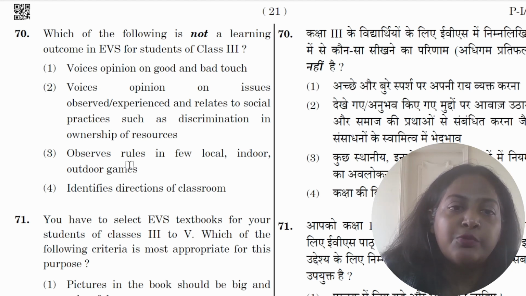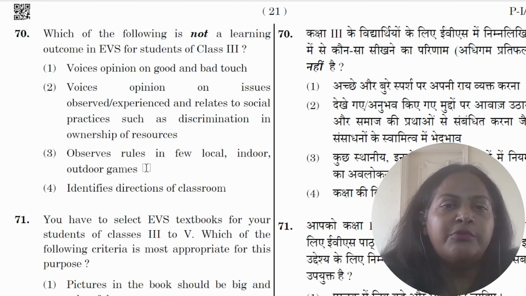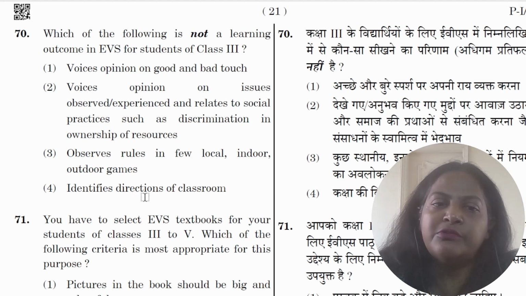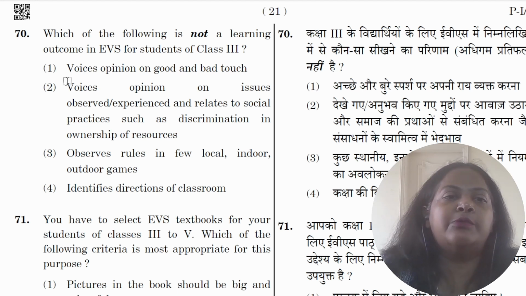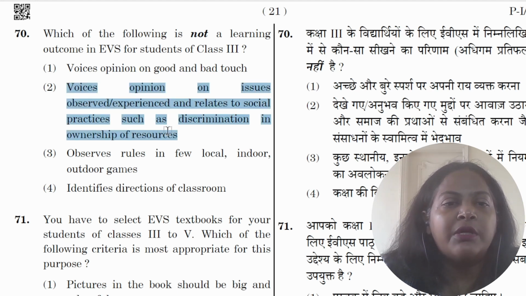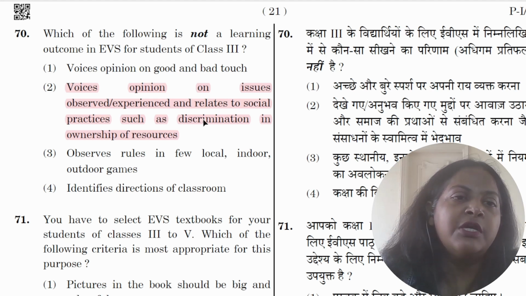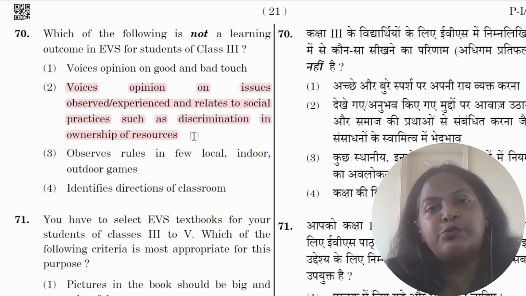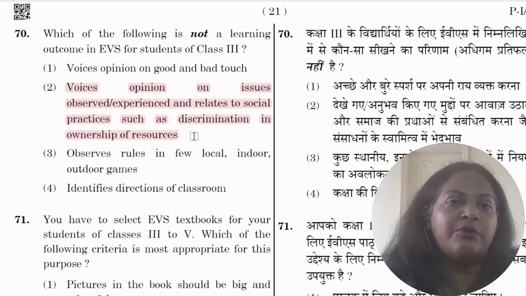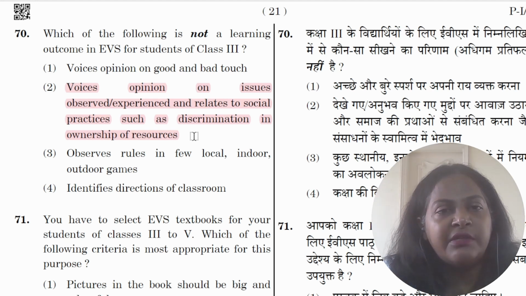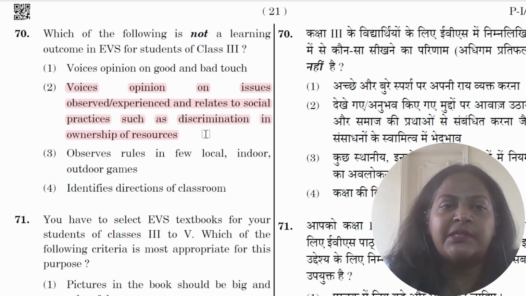Yes, a child should observe rules because that's how you learn about rules of the country. Identifies directions. Direction is also very important in EVS. So what should you not be talking about is opinions on issues related to social practices such as discrimination and ownership of resources. So ownership of resources is a very high-level concept, and discrimination in that. I don't think a child of class 3 would be able to do this. So this would be the correct answer.